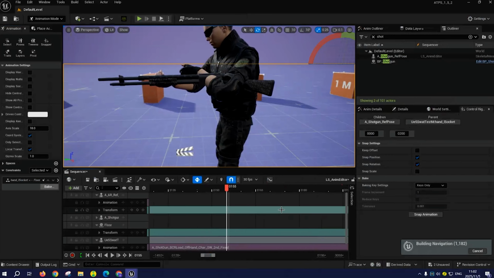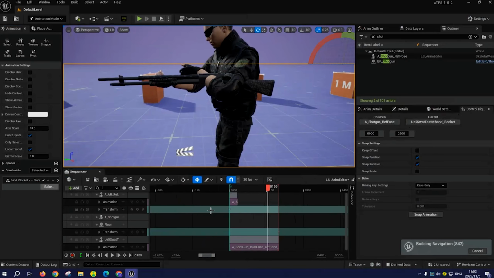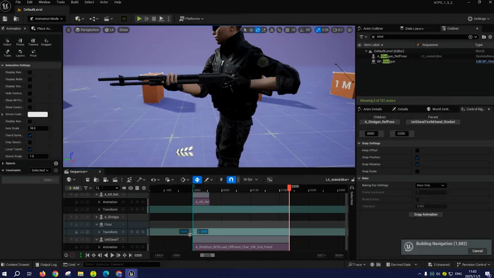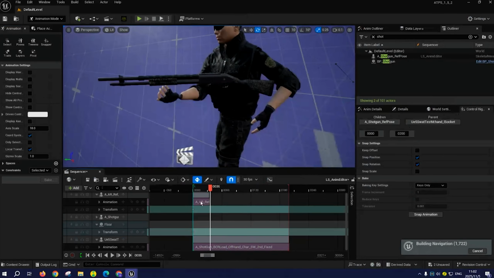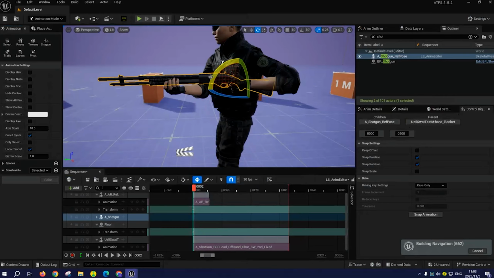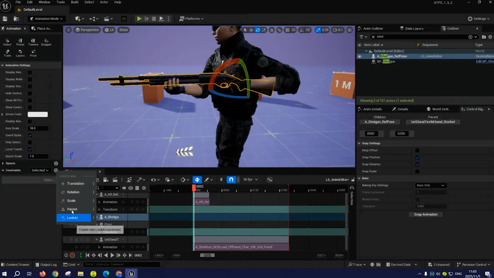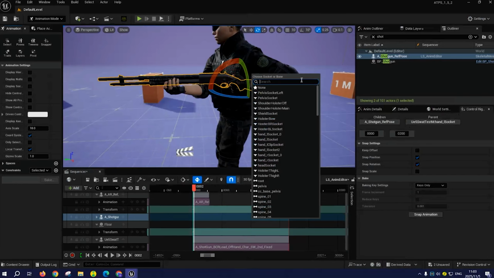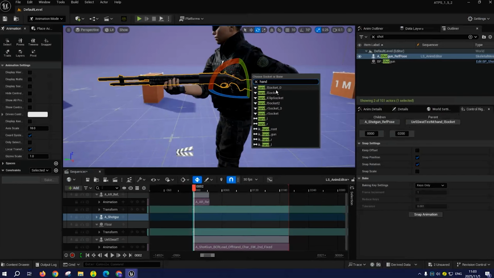Sorry, I think I need to move this frame to the beginning. Okay, let me try this again. Just need to make sure this is okay. Doesn't have a constraint yet. Let's try again. Okay, with this one selected, add a parent constraint to this hand L socket,